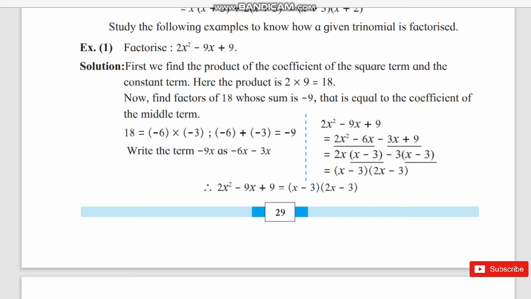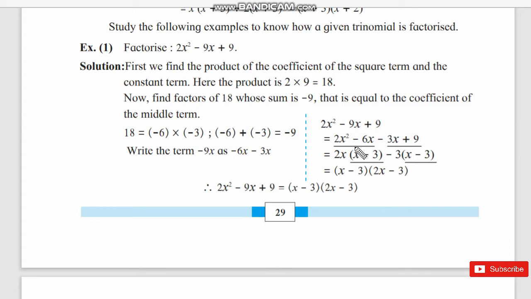So these are our proper factors to find out the splitting of the middle term. How can we split the middle term? Let us see. 2x square minus 9x plus 9 is the given example. Now we are just splitting the middle term, minus 6x minus 3x. So minus 9x is equal to minus 6x and minus 3x. As like this, we get 4 terms. Here there are 3 terms, 1, 2 and 3, and now when splitting, 1, 2, 3 and 4, there are now 4 terms.